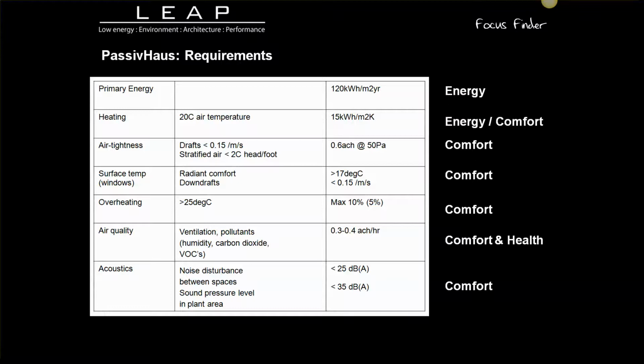We've then got air quality. What we're going to do is make sure that the building is ventilated appropriately, and we're also looking to avoid drafts, so therefore making sure that we've got ventilation, with fresh air supplied at around 0.3 to 0.4 air changes per hour. That means that we get good fresh air, and this is all backed up by scientific studies that show